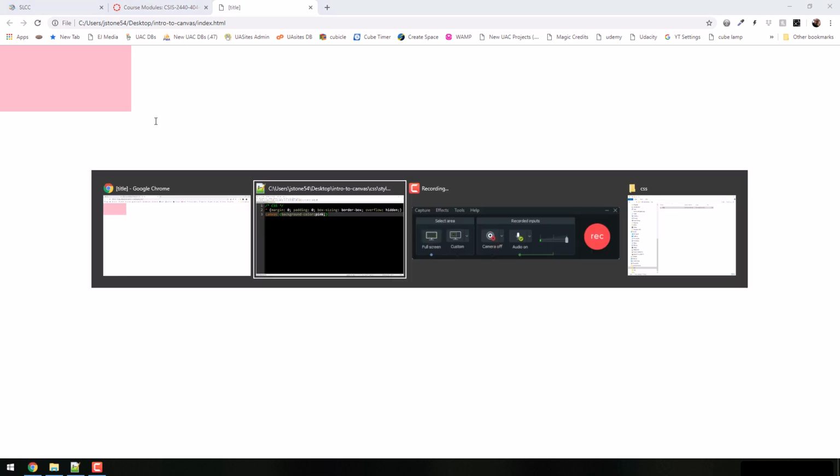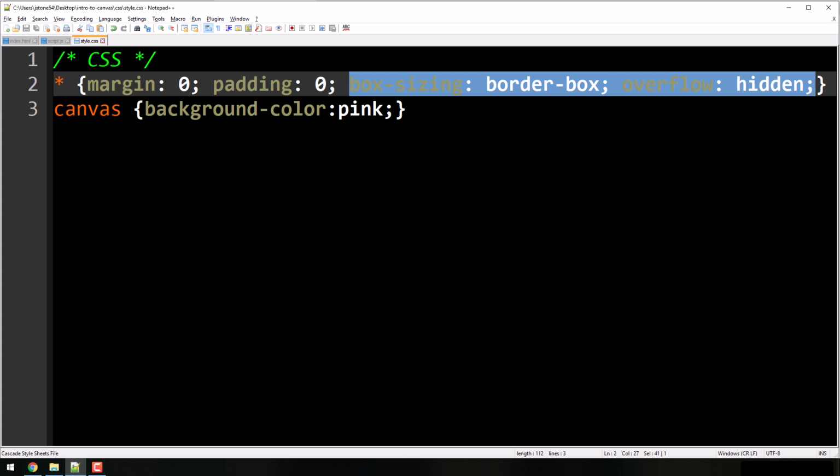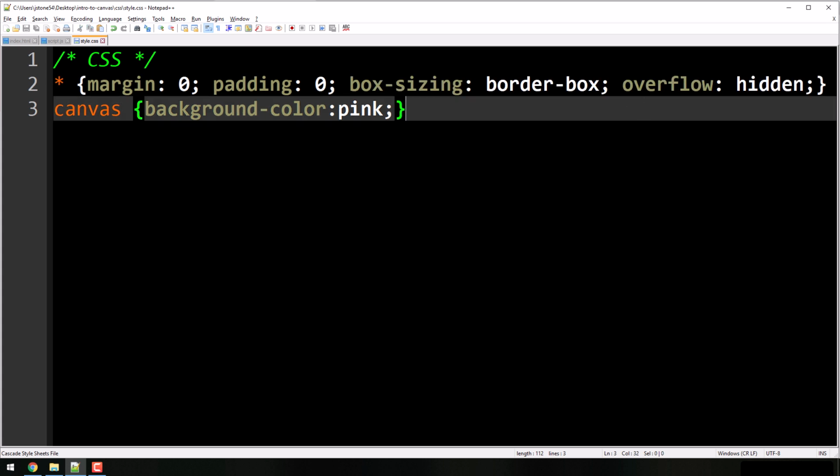Now, you can use your CSS to just, width equals or whatever, but I want it to be a very specific calculated width. I could just say 1,000, but I want it to be exactly the width of my viewer, my browser. I want it to be the exact height of my browser. All right? So, one thing you're going to need to do to make sure that this doesn't mess you up, in your override code right here, look at my star on line 2. Make sure you have these two properties right here. Box sizing border box and overflow hidden. Otherwise, you're going to end up with scroll bars on your canvas, and we don't want that.